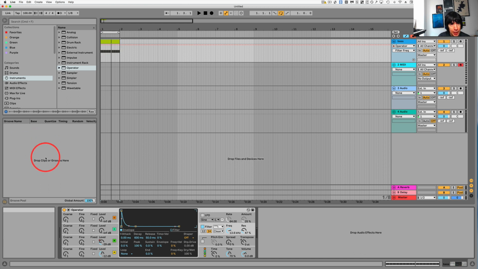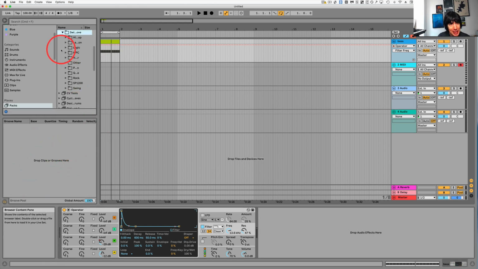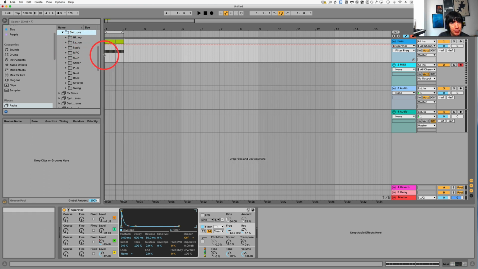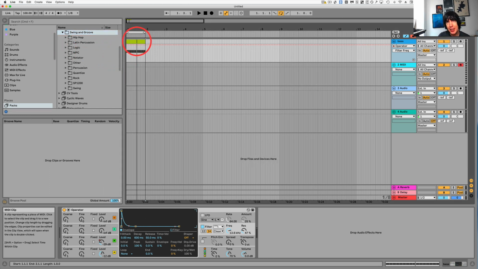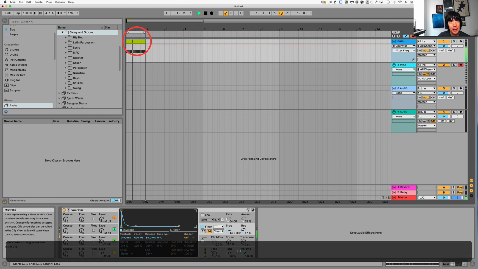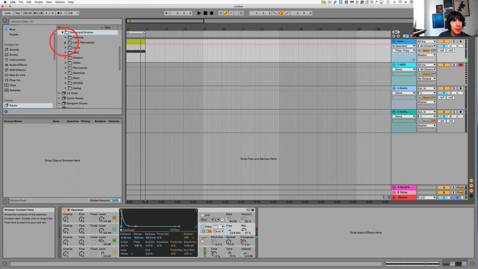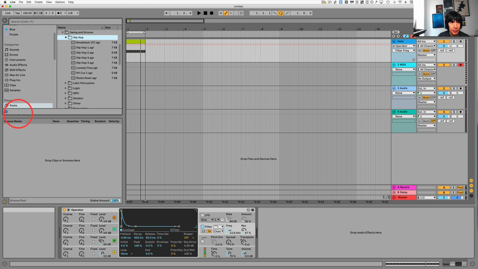But now in our groove pool here, if I right click here, I can browse the groove pool. And what this does is it puts more groove. As you'll notice, this is just straight 16th notes. Sounds pretty robotic, but once again, if we turn on our little headphone thing here, we can listen to other kinds of groove patterns. You hear how that has kind of a shuffle to it? So if I drag that into here,